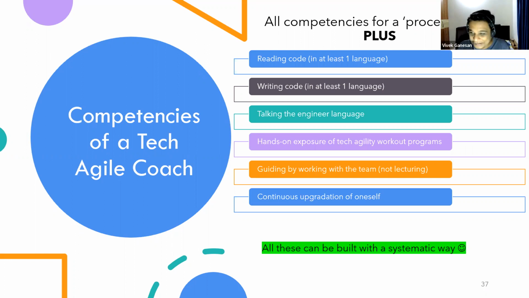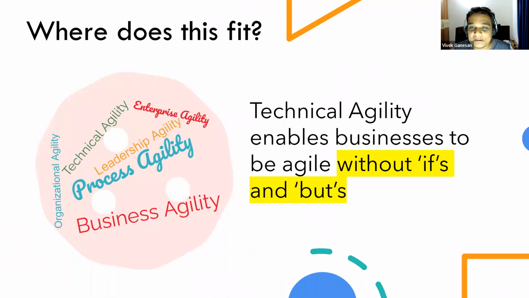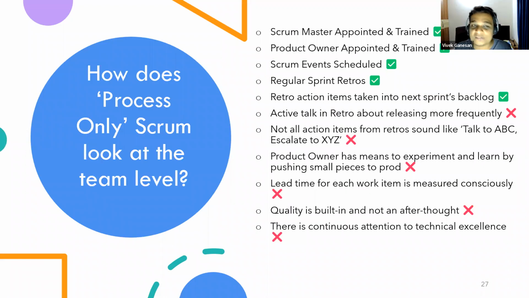Ideally, it is the same Scrum, just that we do not focus on these aspects for some reason or other. For example, I may go back to this slide, process only Scrum, right? Generally, Scrum involves getting into technical agility also, but there are no prescriptions around it in Scrum. They expect the teams to somehow pick up technical agility skills. Scrum has intentional gaps, we call it,